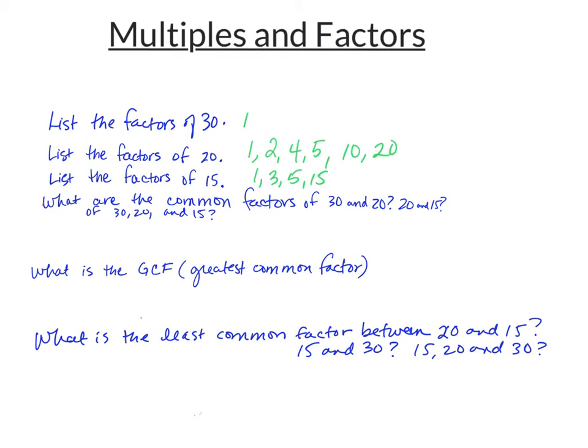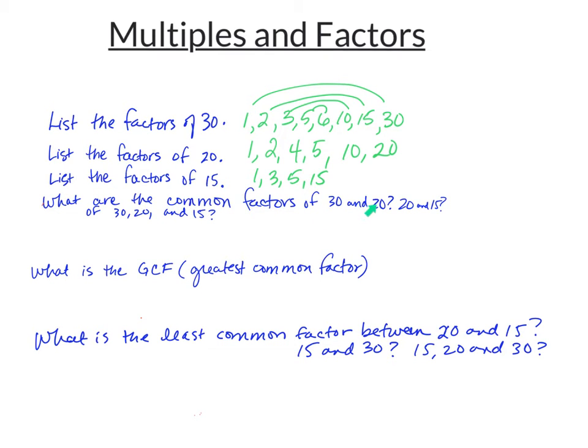So if I use my rainbow strategy, I know 1 is a factor of every number, so 1 times 30. 30 is even, so I know 2 goes into 30 15 times. 3 times 10 is also 30. 4 does not go evenly into 30. I know 4 times 7 is 28, so it can't go into 30. 5 times 6 is 30, and I've gotten to the middle, so I know I've listed all my factors. So now that I've listed the factors of 30, 20, and 15, I am wondering what the common factors